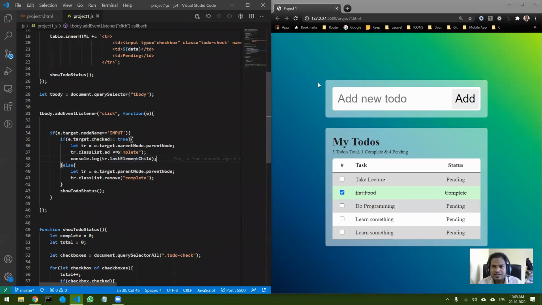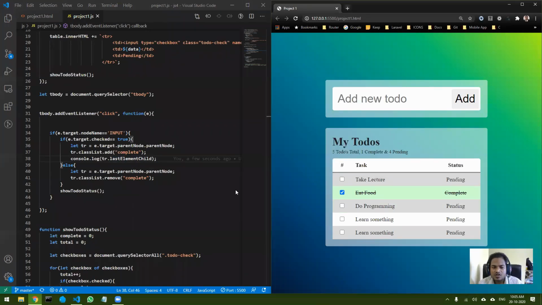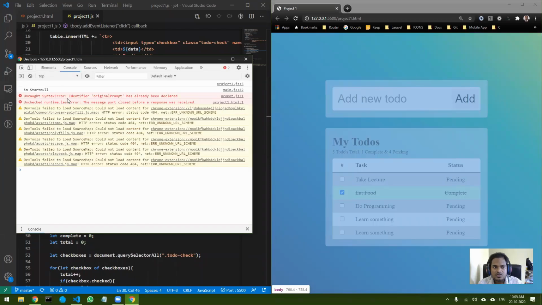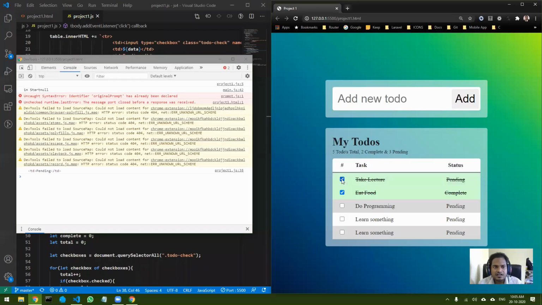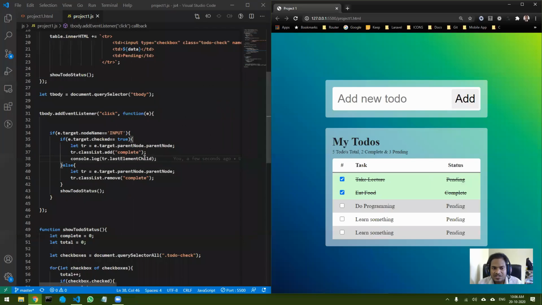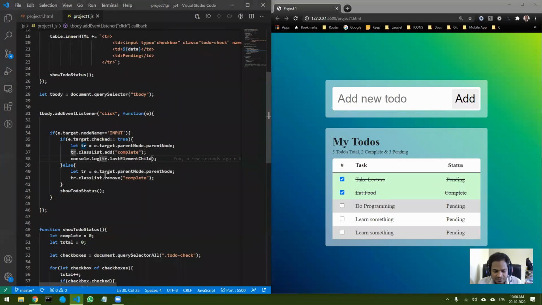So let's save it, go to the console and let's tick it. And you can see I get the last child. Okay, so last element child gives me this. Once I get the last child, let me just remove the console.log, and I can do dot inner HTML, and inside that I can say complete.